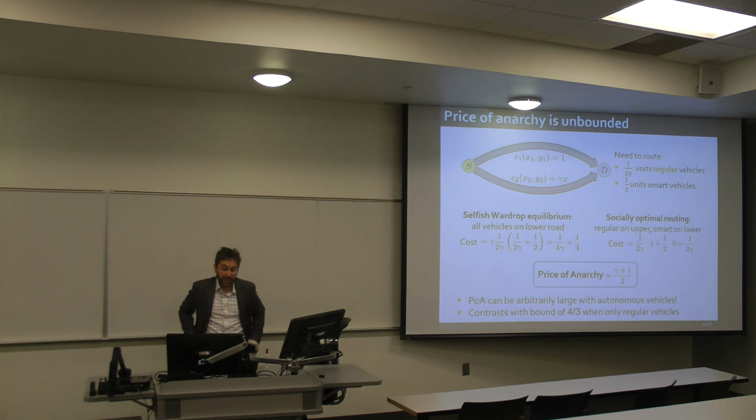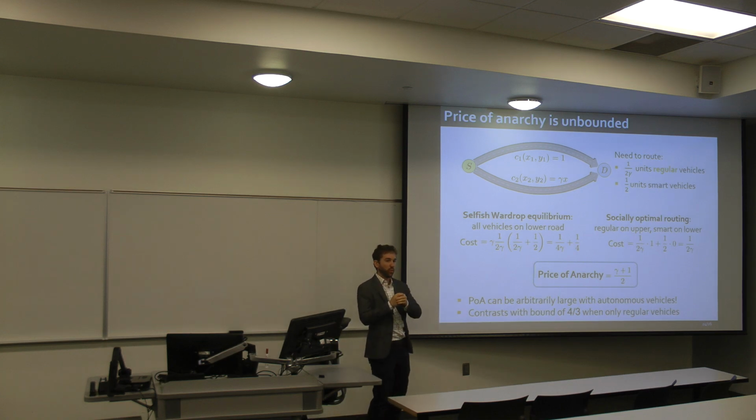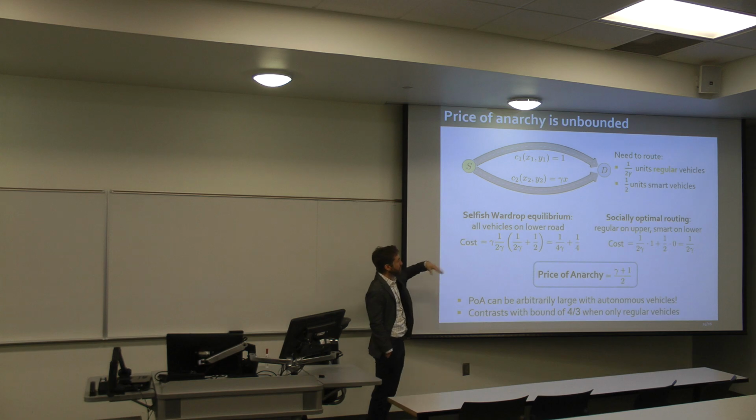So let's do an example. This example is a little bit more complicated than Peugeot's example, so bear with me. Suppose we set the cost on the top road to be 1. Again, this is a very simple example. It fits within the class of cost functions on the previous slide, although maybe it's not so realistic. But let's just do this for the purpose of